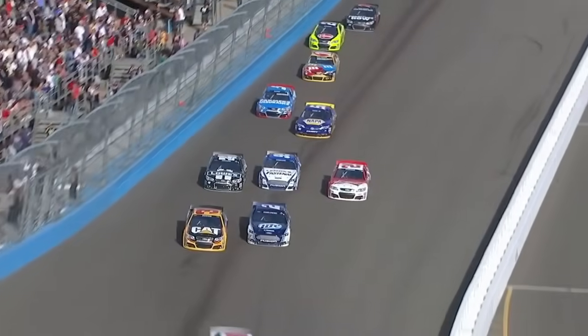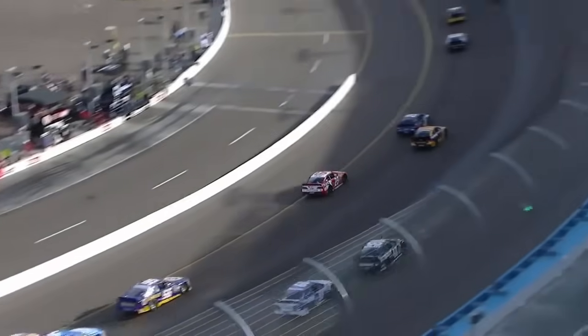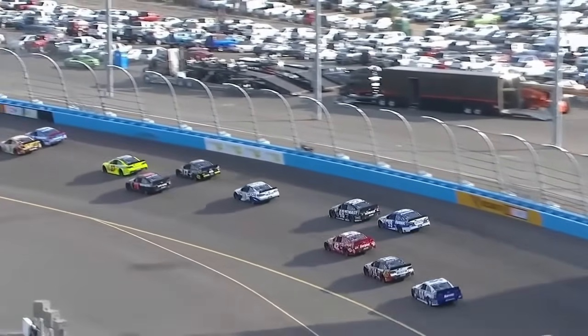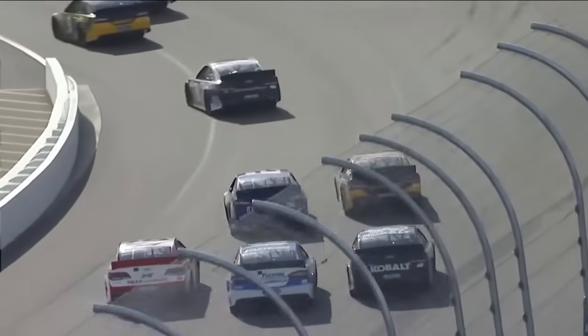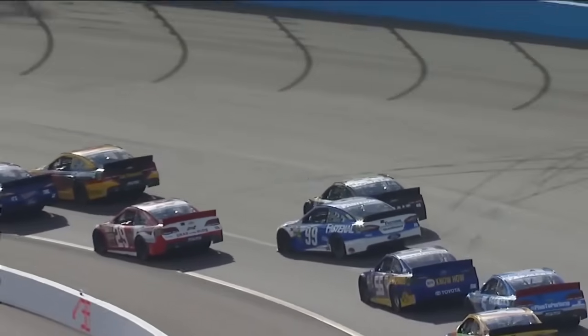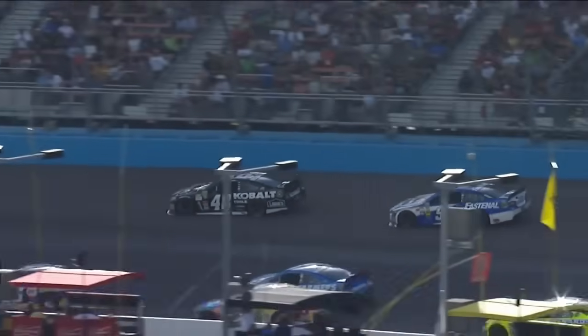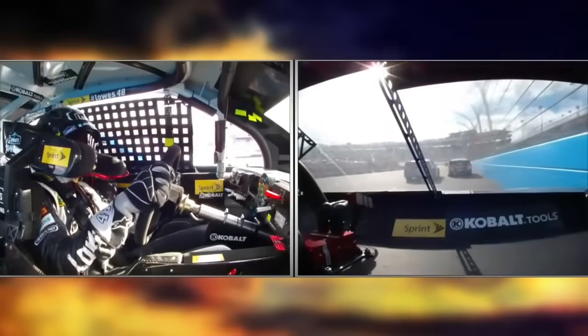Kevin Harvick. Oh, not where Jimmy wants to be. Uh-oh. Contact. Edwards and hang on to that, baby. Hang on. Inside. Keep rolling inside. I thought maybe Carl might get out of it as they got down in here 3 wide. I'm sure Jimmy didn't know Harvick was going to the inside. Carl doing everything he can to stay off of Jimmy, and then Jimmy doing all he can do to save his. That for the second time in the race,